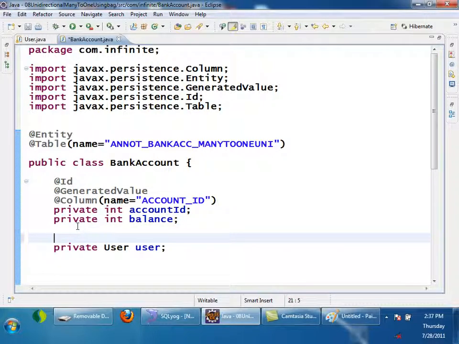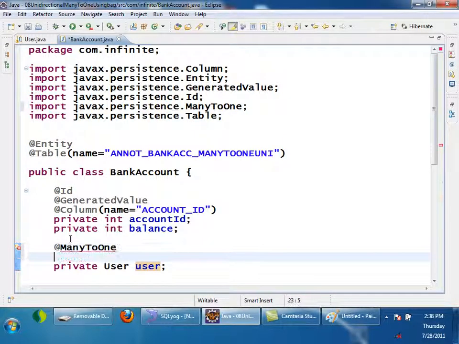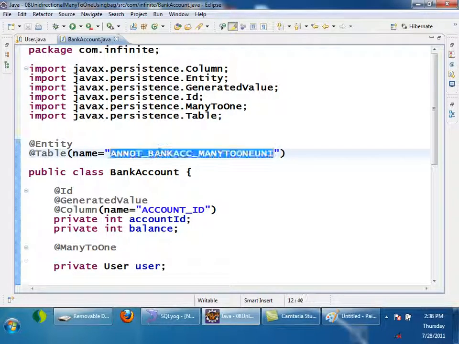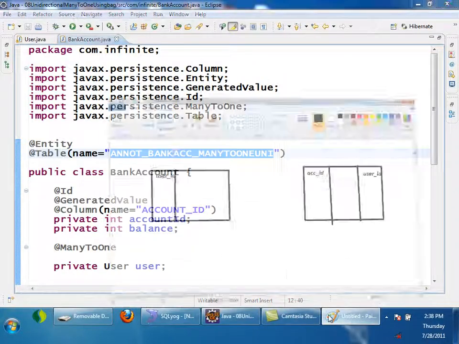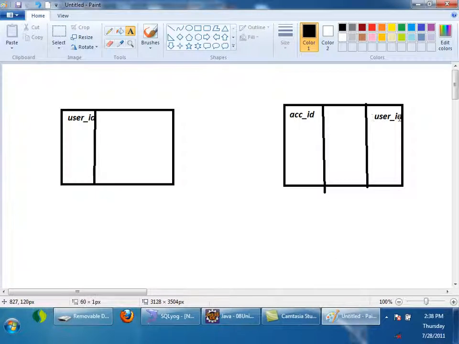And this is the variable which is representing the many to one relationship, right? So on top of it I have to annotate it with many to one, and I have to tell that the foreign key should go inside this bank account table, right? When it is many to one, user ID should go inside the bank account table, right?